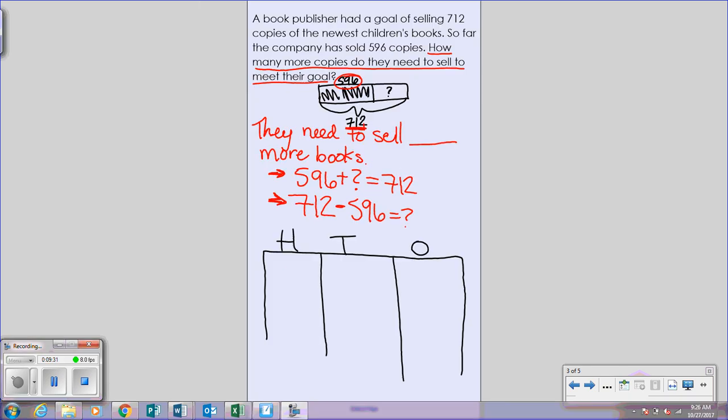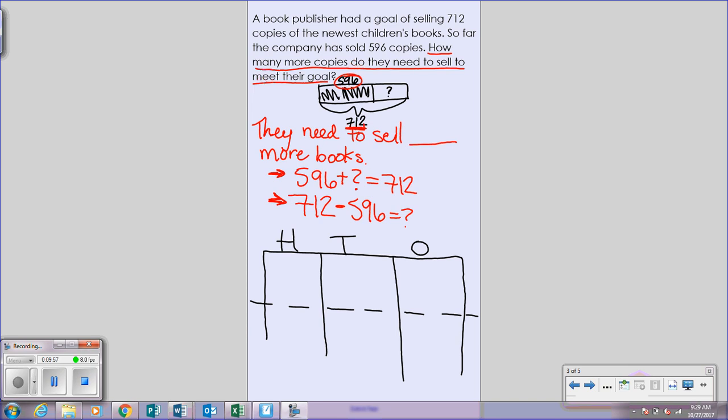Go ahead and do the expanded form of both of your numbers using your pieces. You probably are not going to have enough hundreds, so I'm going to come around and give you a marker so that you can draw out the rest of your hundreds. Does that make sense? Yes. Okay. All right, let's